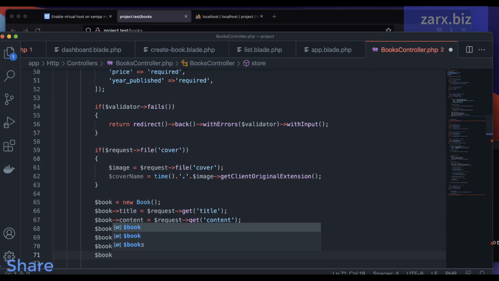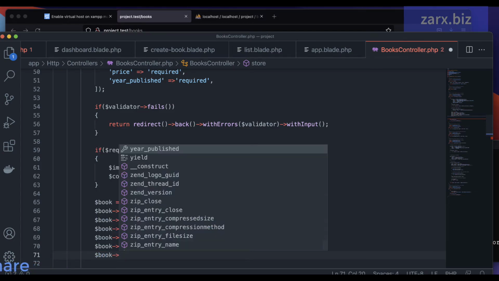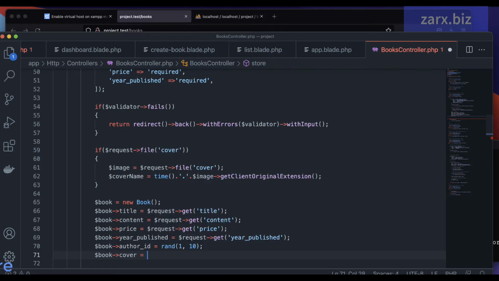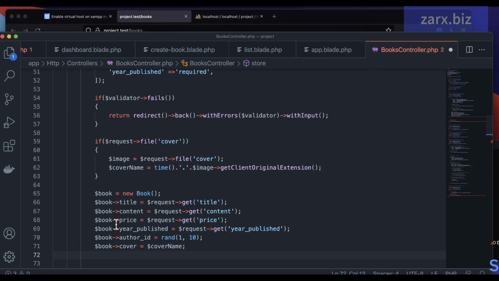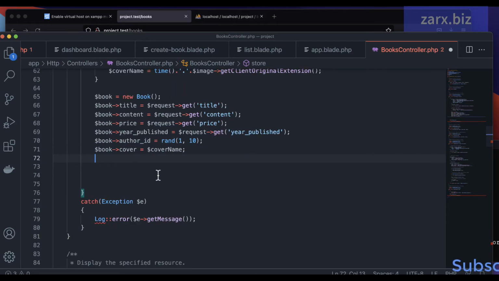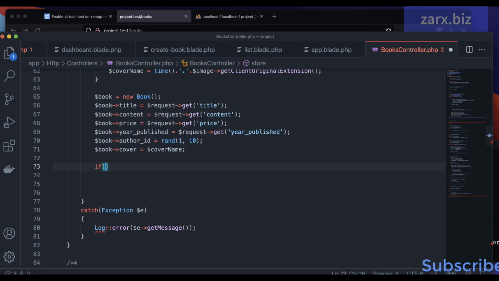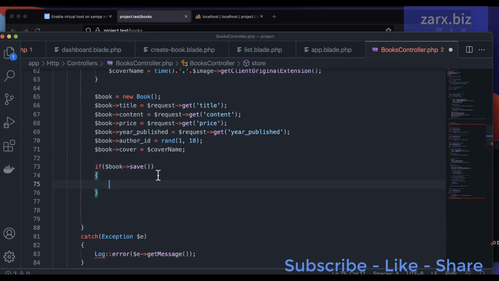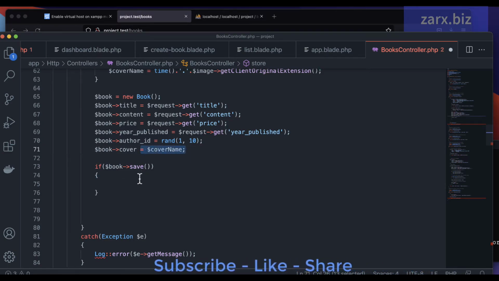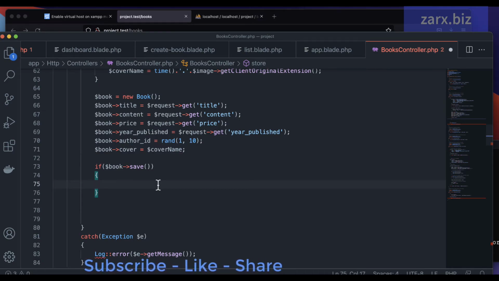So $book, and here I say cover, $coverName. I think all is done: content, price, year published, author ID, cover. So now if we say if $book save, so if it is saved in the database, then this is going to exist. That means we have the image already there, so we can get here the destination